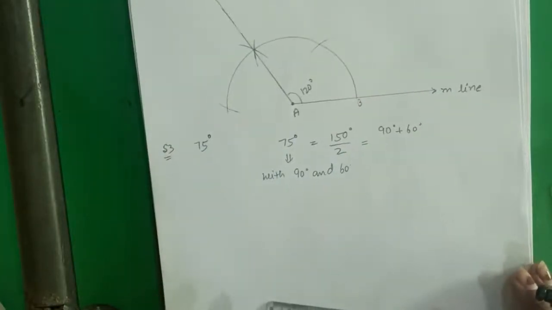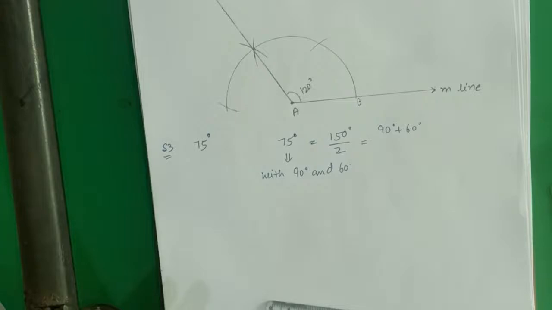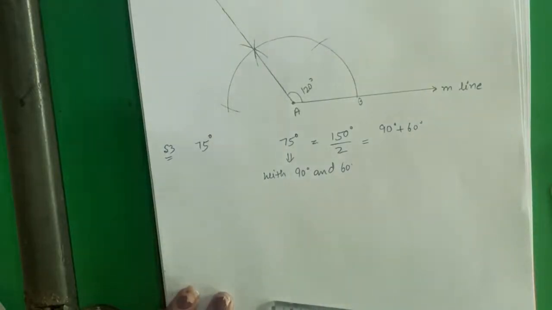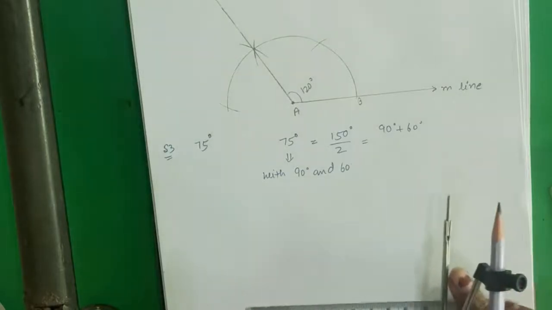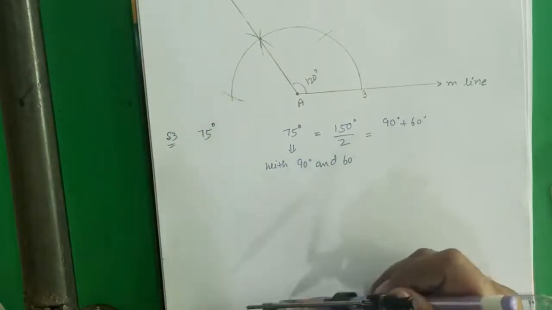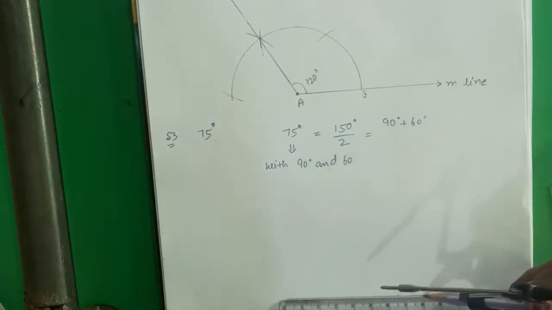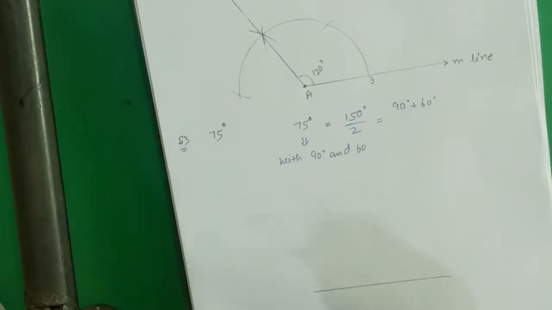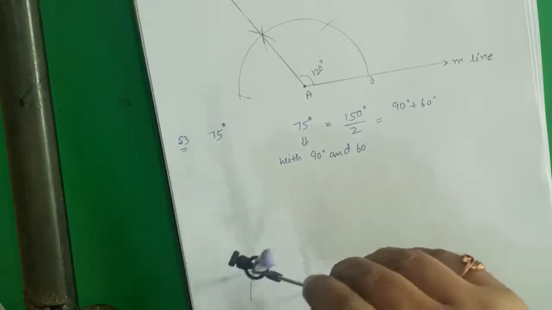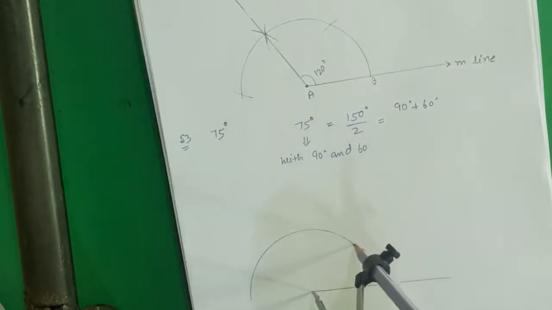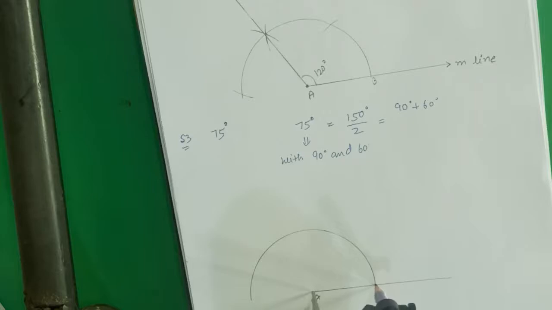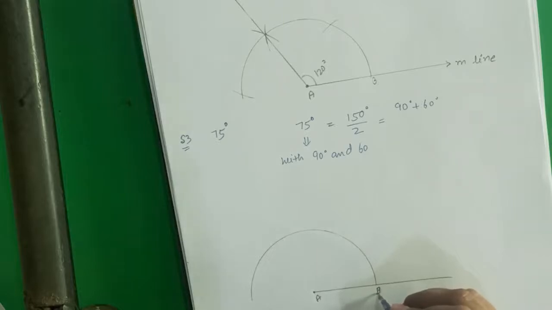angle, that is with the help of 60 and 120. 60 and 120. So see how we will draw this. Same procedure. Draw a line of any length. Mark a point A with any radius. Open your compass. Make a semicircle which touches this line up at any point. You will give this name. I am giving it B.